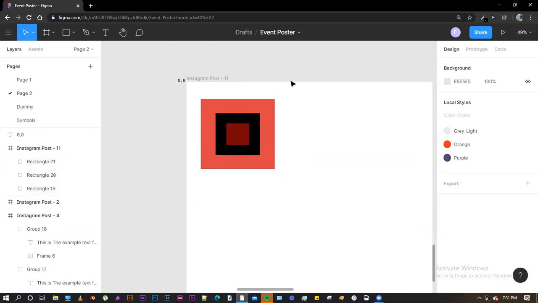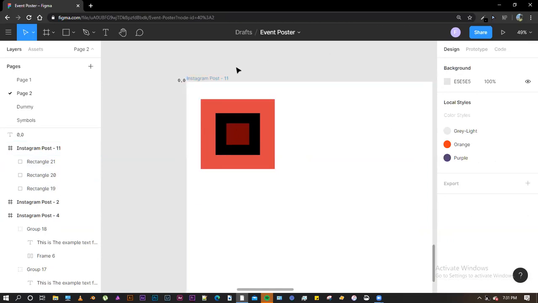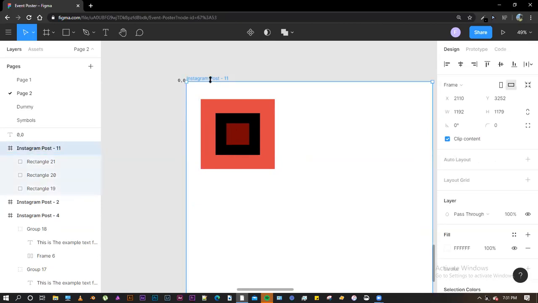One more shortcut that you would use a lot is renaming a layer or a frame. So if you click on this frame and you click on Control and then you click on R, it would open the renaming window. So if I rename it to Figma Basic, this is the name of my frame or the artboard.